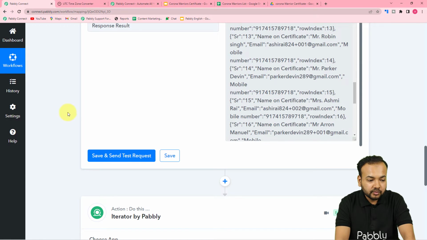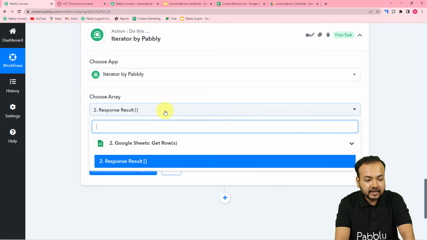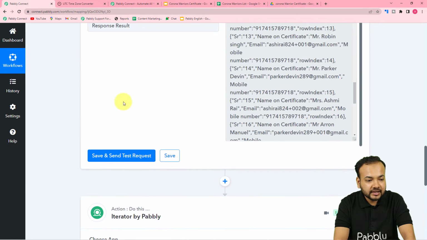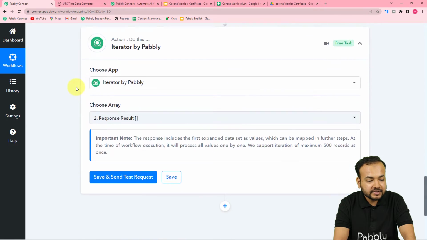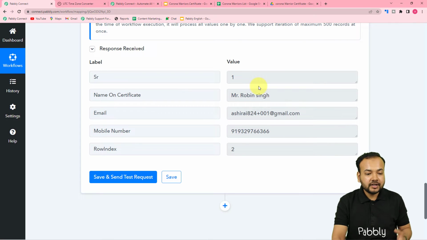Okay, so to make this happen, you have to select the array here from this choose array field. Just click here and it will show you this Google Sheets step in the drop down, and from here only select this response result array, which is this array only. Okay, so here now click on save and send test request, and you can see the data got arranged here